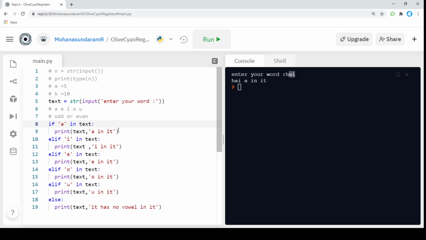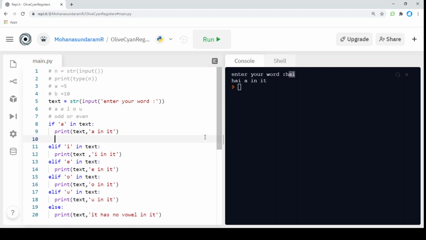We can also look at another example. If the condition is satisfied, I'm going to continue to the next line to check whether the i is in the text. For that I'm going to use another keyword called continue. Sorry, this is not going to be a continue. I'm going to use a pass statement. Pass is a statement that is nothing but just passing this code away. If this condition is satisfied or not, I'm going to pass this to the next line.